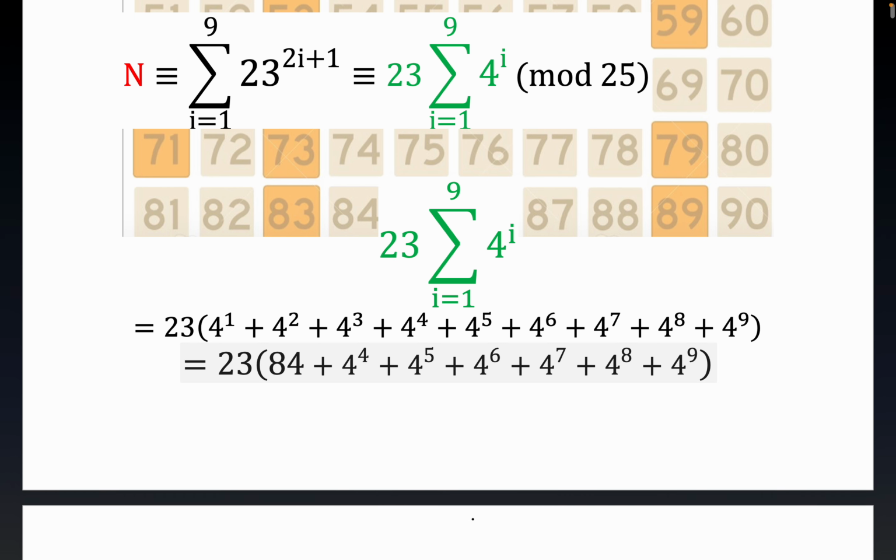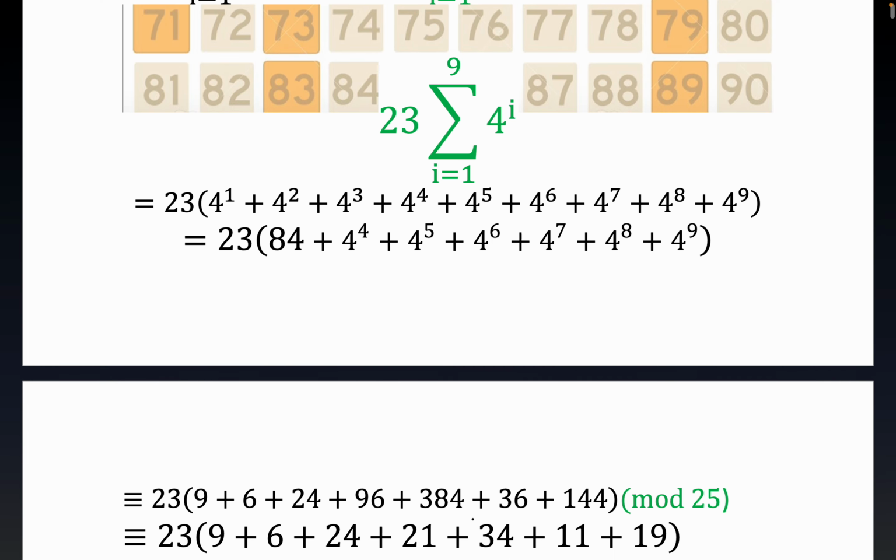Now we're actually going to get down to the reduction modulo 25. And I'd like to show you what we really did here that made this happen. We exploit the fact, and if you don't notice things like this, you're just stuck on these kinds of problems, really. You could still do it, but it's a little bit easier if you notice. These numbers are so large, what are we going to do, right? It's almost the same problem we started with. But if you notice that 4 to the 4th,